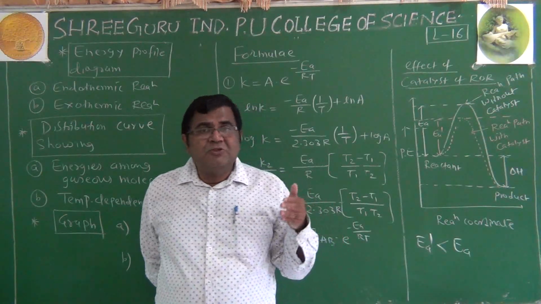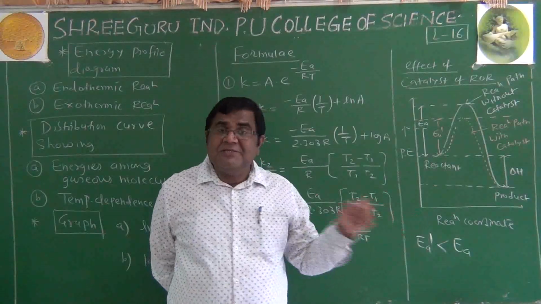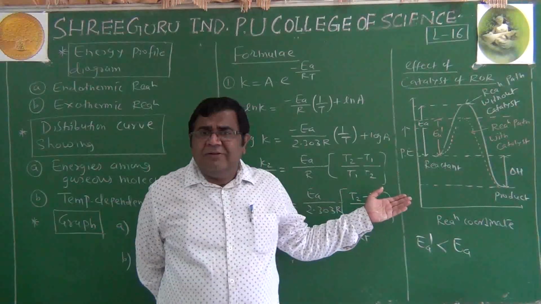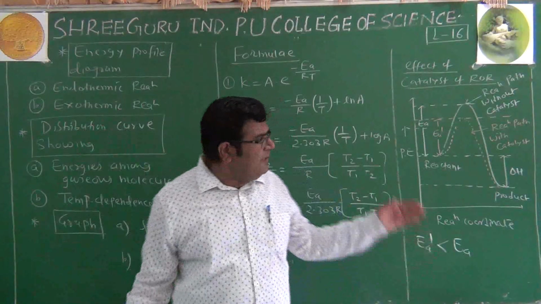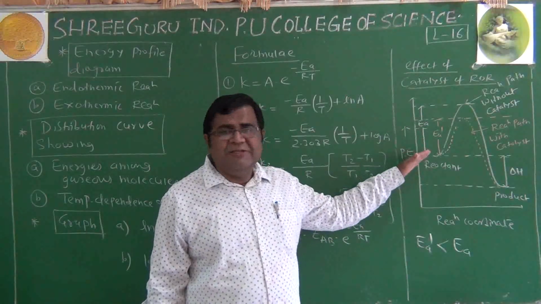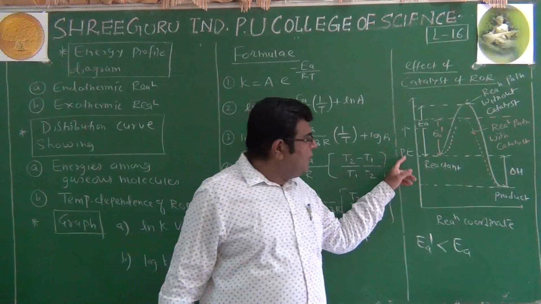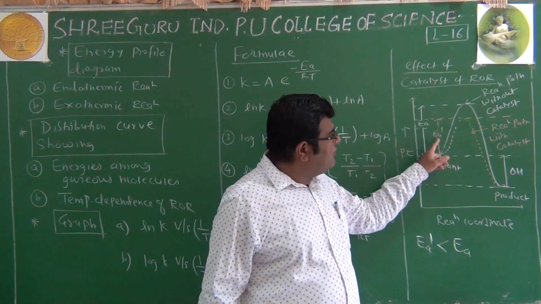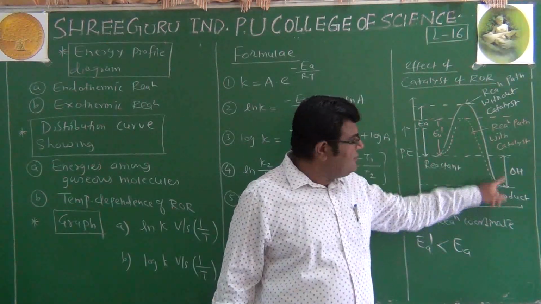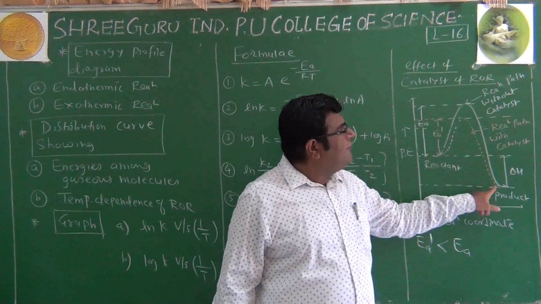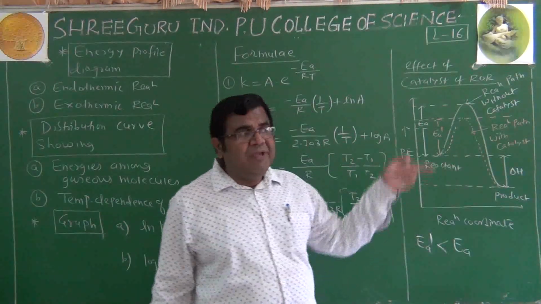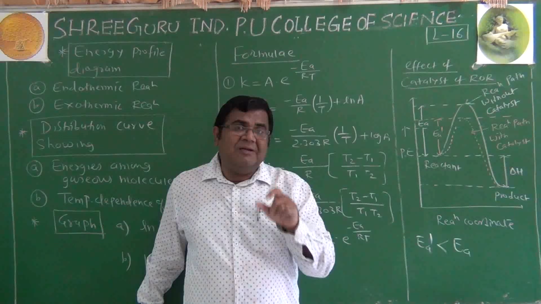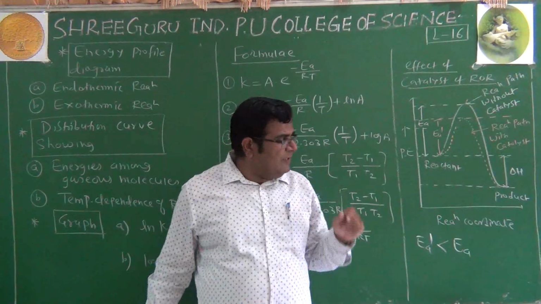If a question comes for 2 marks, we have to draw this diagram. The diagram is very important. You lose your marks if you do not draw this diagram. Very simple. We have drawn these profiles, endothermic and exothermic, the same type of profile. Only with catalyst and without catalyst we should differentiate. And the labeling: potential energy, reaction coordinate, reactant, activation energy without catalyst, activation energy with catalyst, and the product. And this delta H. And this path without catalyst and with catalyst. The way in which the activated complex decomposes into product, that particular part is changed by the presence of the catalyst.